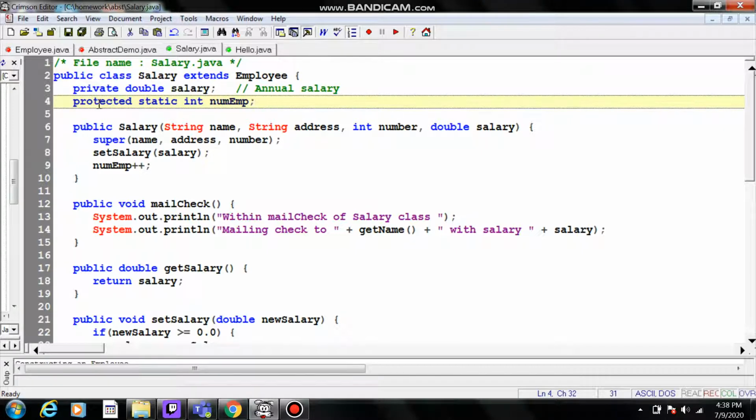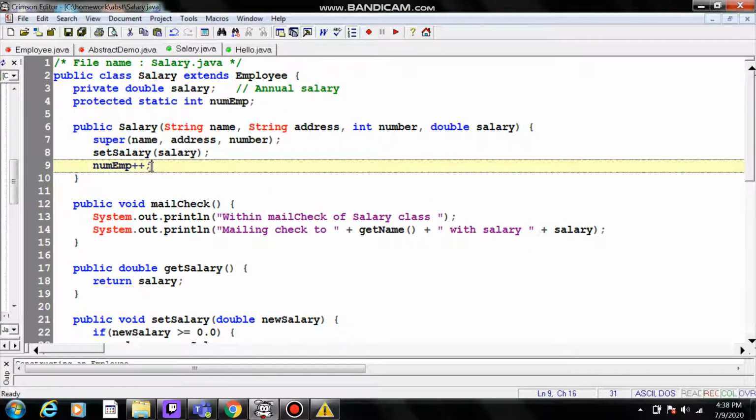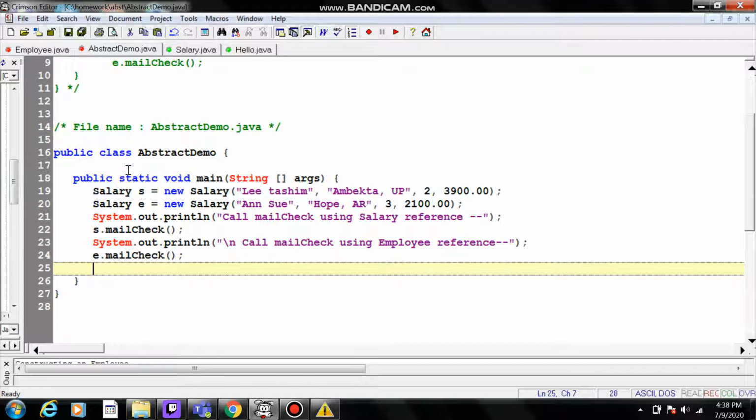So here, every time salary is created and instantiated, I add 1 to the number of employees, so that by the time I get done creating S and E, if I were to come down here, I could say S dot, and on this one, let's just print. And I could tell it S dot EMP and E dot